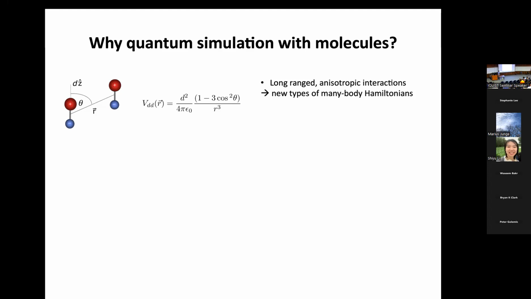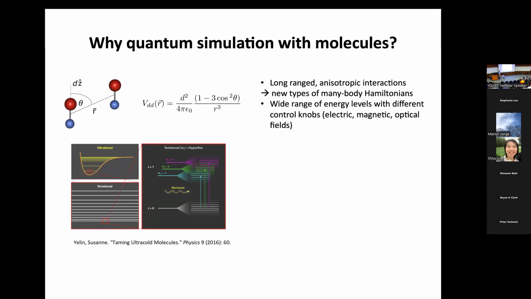And so the molecules are, of course, more complex. The simplest case is to imagine two atoms bound together in a molecule. And let's say it's a polar molecule. So they tend to be bialkali molecules. Here in my lab, we have sodium rubidium. So these bialkali molecules now have many more degrees of freedom. Not only can they translate around like an atom, but they can rotate, they can vibrate, right? And all these degrees of freedom you can store quantum information in. But they also have these long-range interactions, these polar interactions, which can lead to significant interactions even when they're in different sites.